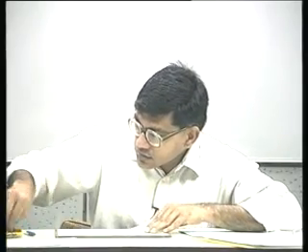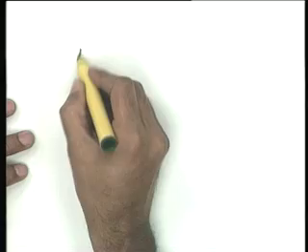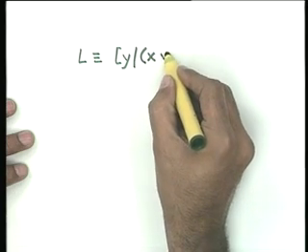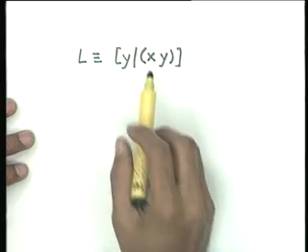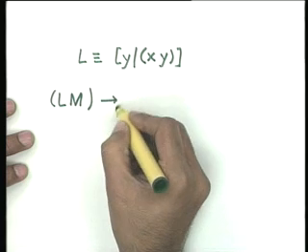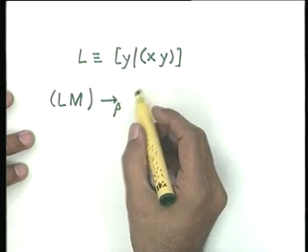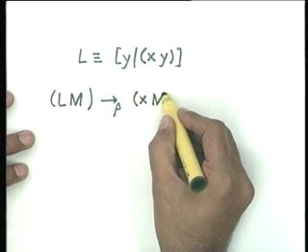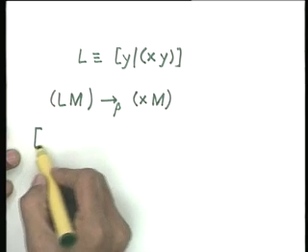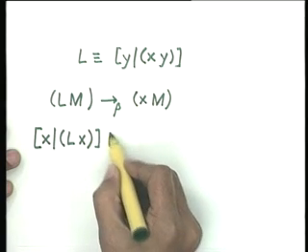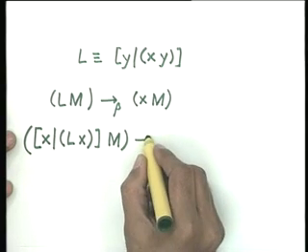right. For example, if L were defined as lambda y, x applied to y, where x is a free variable of L, then L applied to M is going to beta reduce to x applied to M. However, lambda x Lx applied to M, okay, is going to reduce to